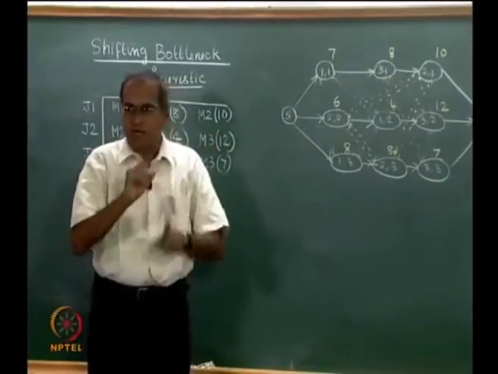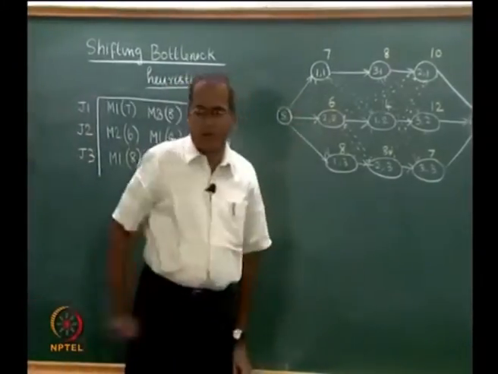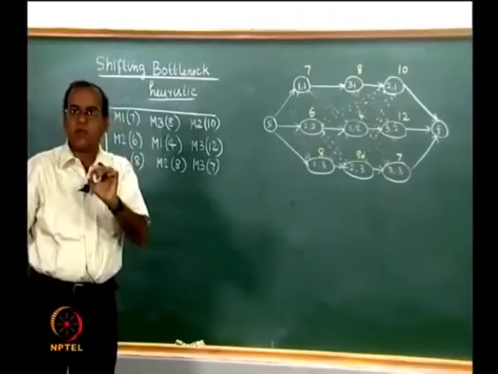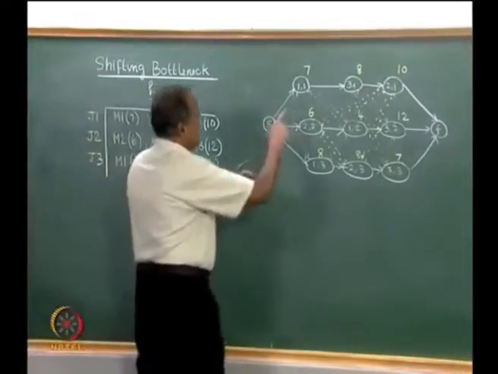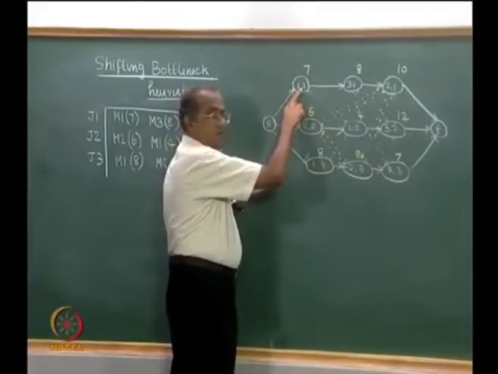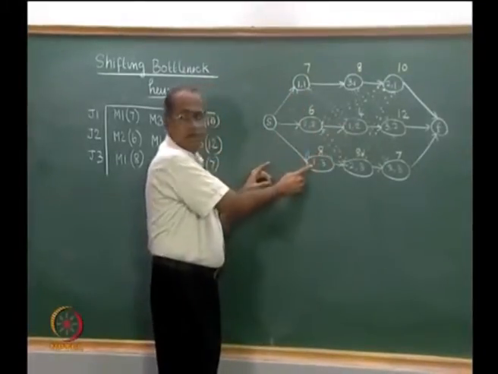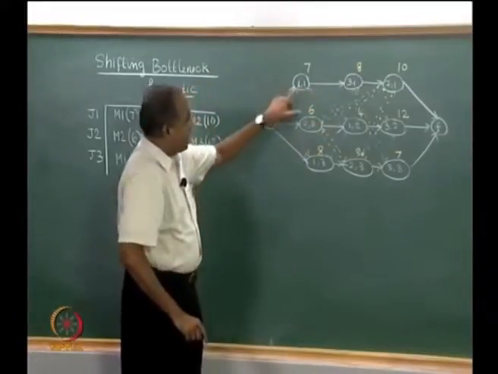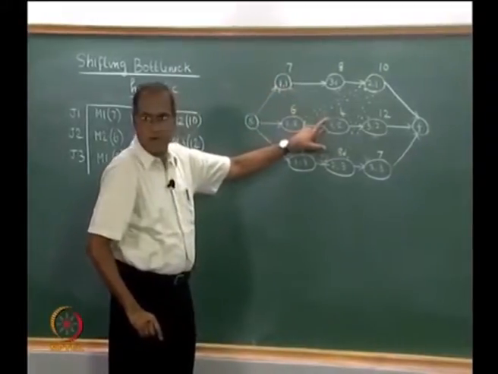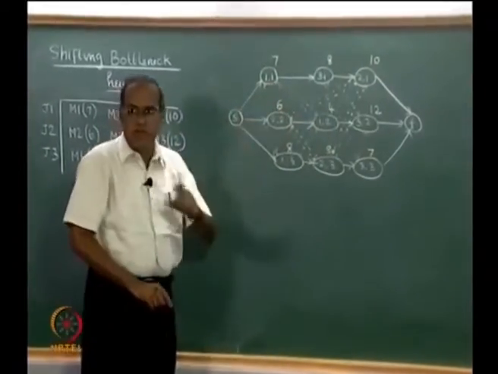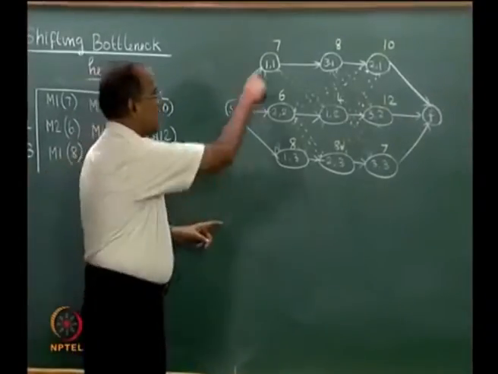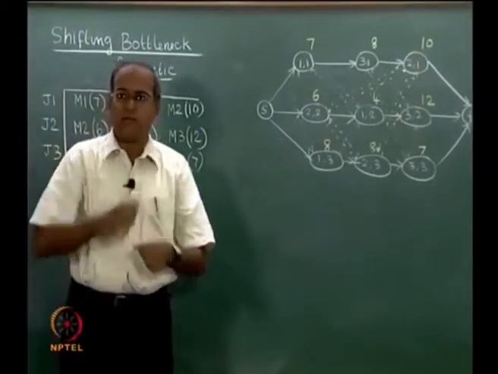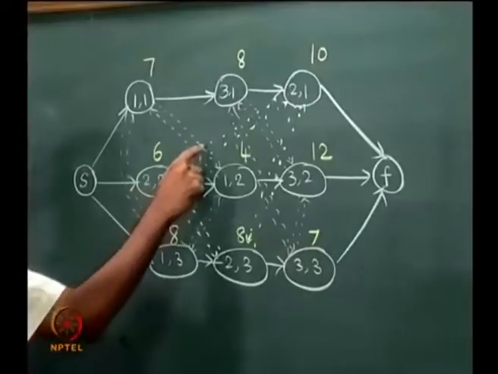What are shown through dotted lines is the decision that we have to make. For example, since a machine can process only one job at a time, if we take machine 1, then machine 1 figures here for J1, here for J2 and here for J3. So, what we do is we draw 2 arcs which are dotted, joining one to this in this direction and the other in the other direction. So, for every pair we have that. Since we have 3 jobs, we actually have 1 to 2, 1 to 3 and 2 to 3, each has 2 arcs. So, we have 6 dotted arcs.